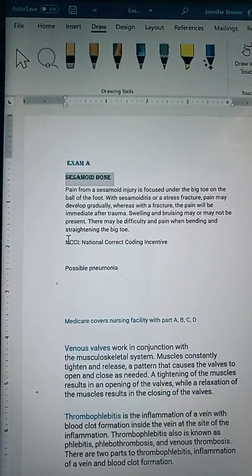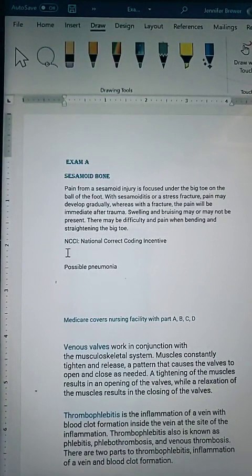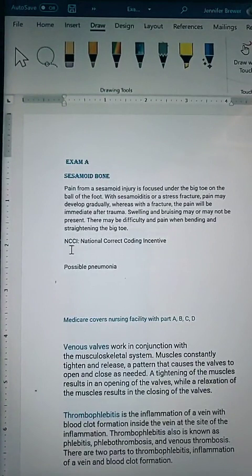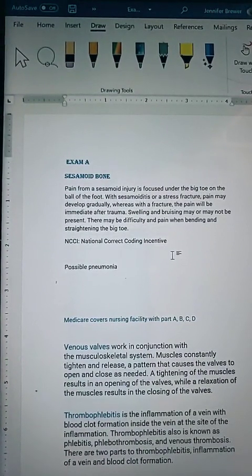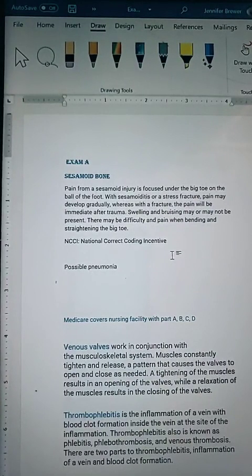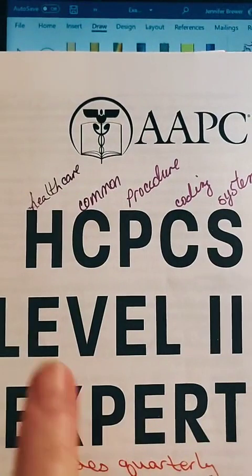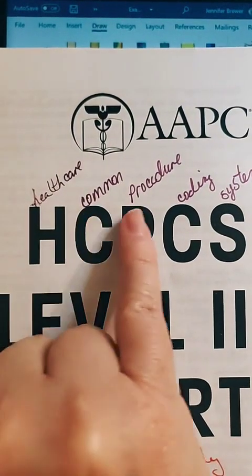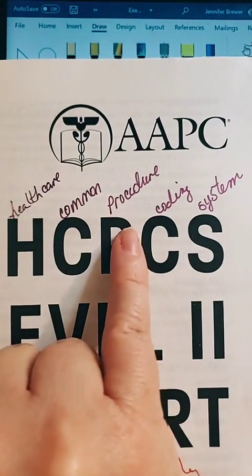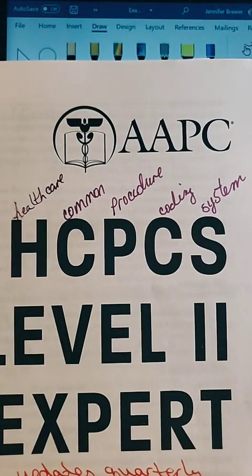Okay. The other thing that was on their exam from this weekend was the acronym NCCI for the National Correct Coding Initiative. Be sure you know the correct wording for those. A lot of things I like to just go to the beginning of it, like I did with HIPAA, and just write exactly what those acronyms mean, because sometimes they'll ask some of the simplest things, but then they'll mix up some of the middle words. And if you don't actually just have it written out plainly in front of you, sometimes you can get confused,